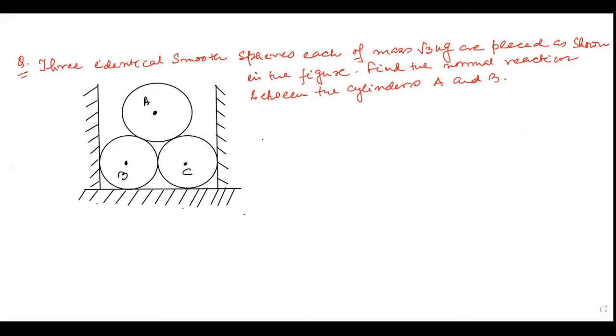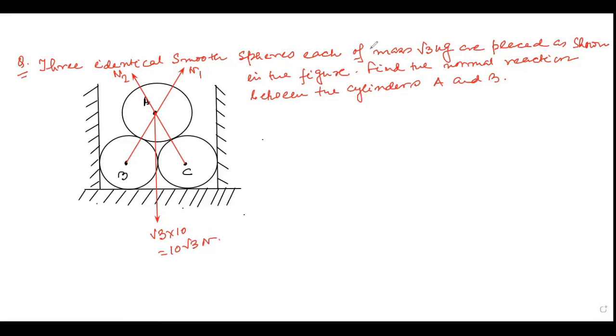First, draw the normal reactions, correct? In the earlier problem, I told you how to draw the normal reaction. Between C and A, the normal reaction must be drawn like this, that means the line must pass through the centers of the cylinders. Similarly, between B and A, it passes like this. And the weight of the sphere A is acting vertically downward. Let me write this as N2, this as N1, and this is the weight of the sphere, that is root 3 kg, that is root 3 into 10, that is 10 root 3 Newton.